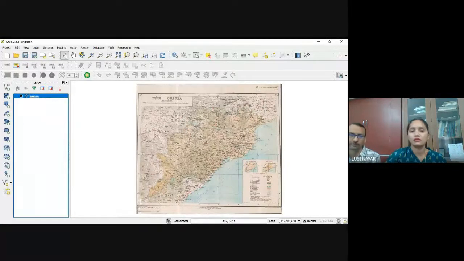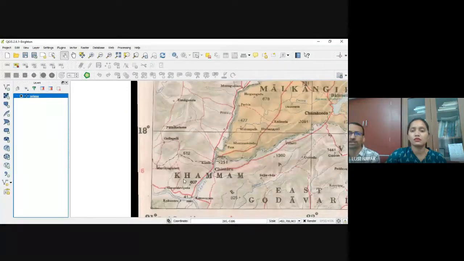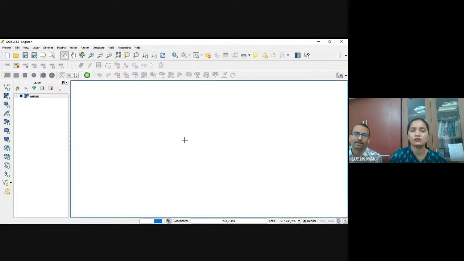Zoom in. Please show where the latitudes and longitudes have been written. You must have studied this map. In this map some latitudes and longitudes have been written. You have to find out where.